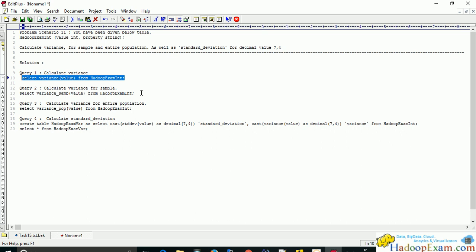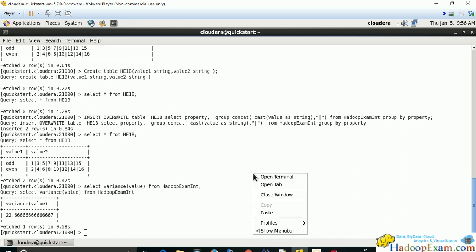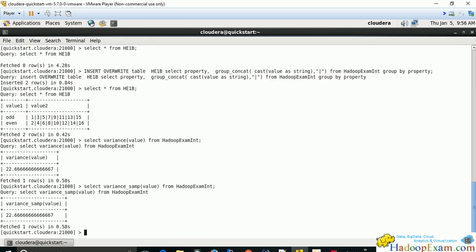The sample variance picks only a few sample records out of those millions and calculates the variance, which gives a faster result than calculating over the entire population. It selects the sample randomly; the sampling algorithm is internal to Impala. So the value might be different for the entire population and for the sample variance.